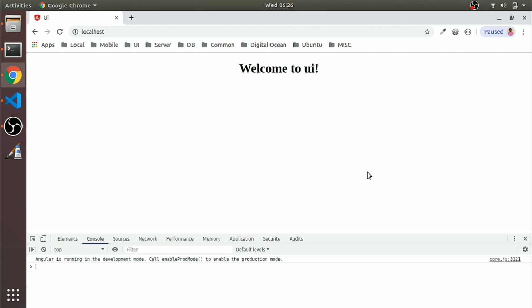Gone, everything gone. Okay, so in this tutorial we have learned the Angular basic folder structure and how the bootstrapping process works inside Angular. In my next tutorial I will explain the basic building block, components. So we'll start with components.